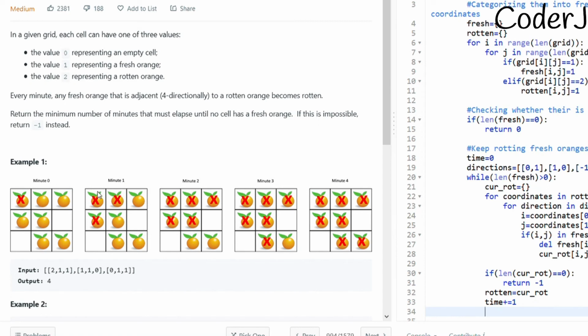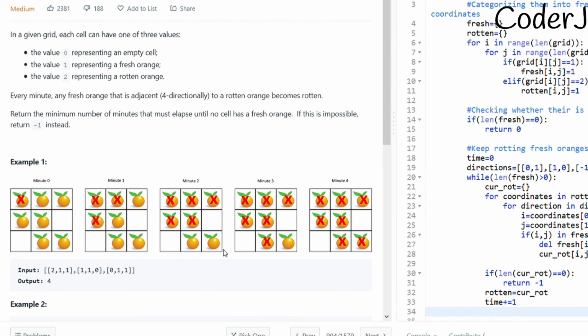So the thing is, it has already done its work. There is no point in checking this particular rotten orange again and again. So now we need to check for the freshly turned rotten oranges. We just need to check for them, okay? Because the previous rotten oranges have done their work, so they can't rot any more oranges. They have already turned their neighbors rotten, so they're done with their work.